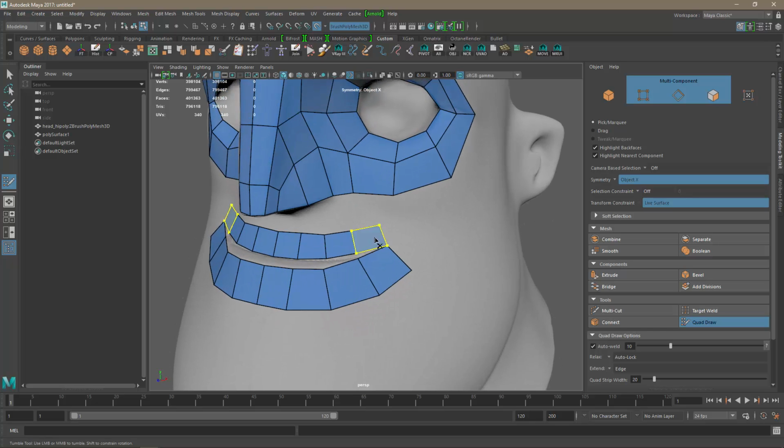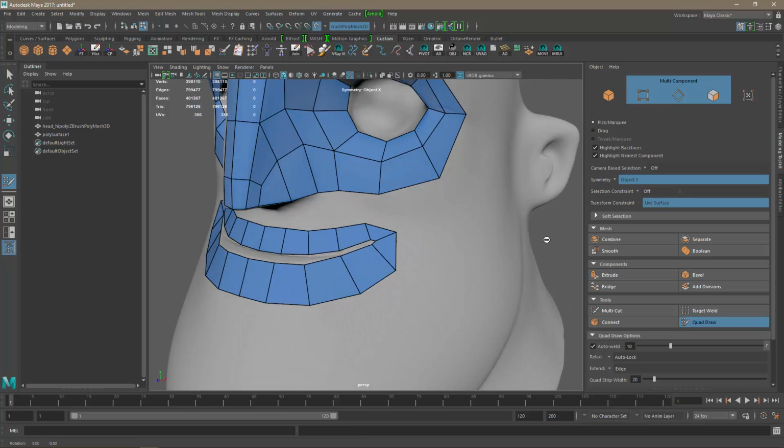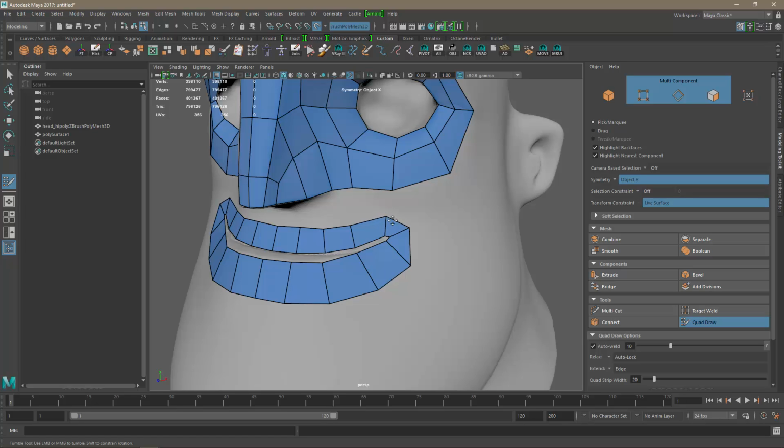Actually, no. I will connect them later with a small bridge here. Something that will allow me to keep, maybe something like that. That will allow me basically to keep